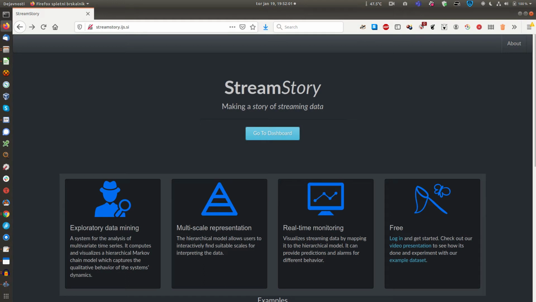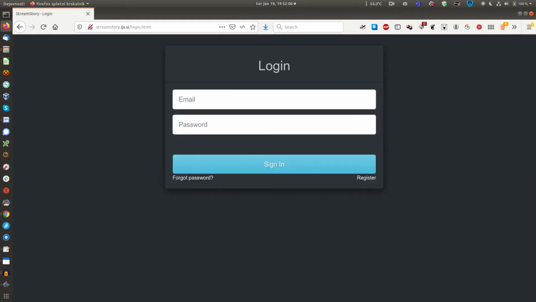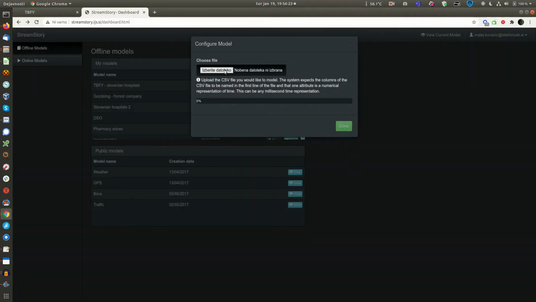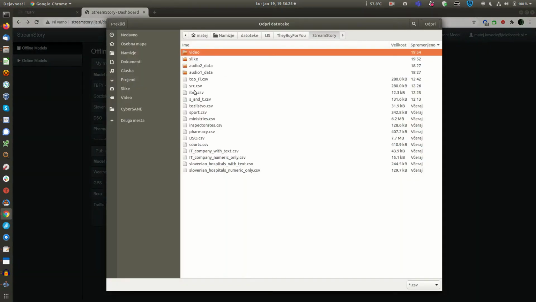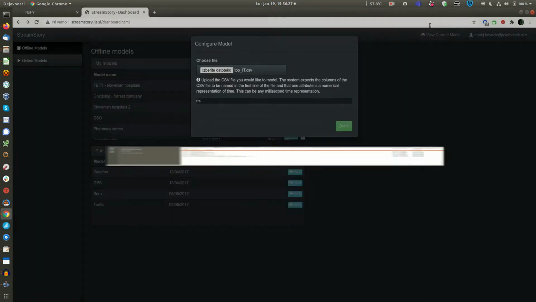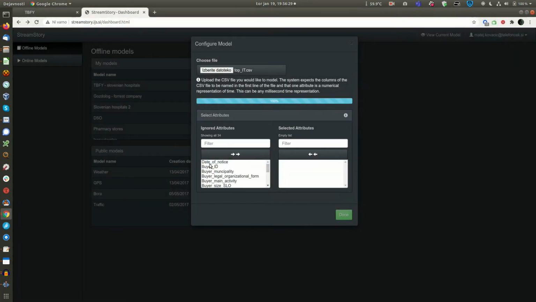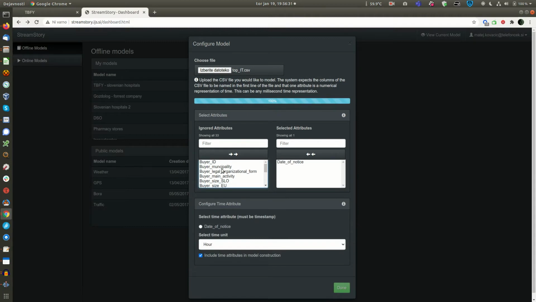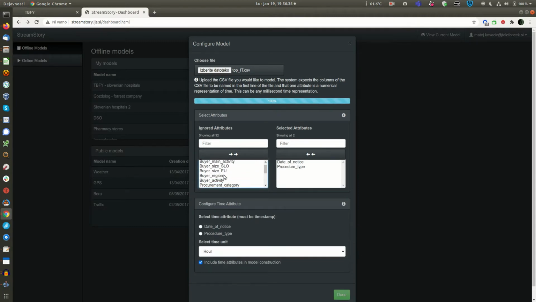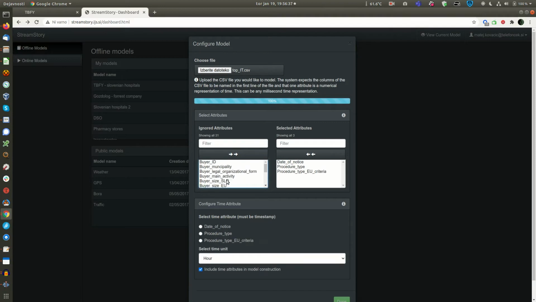First, we need to log in. If we do not have a username and password, we can register for free. When we are logged in, we can add a model. First, we select a CSV file, and when the file is read, we select which attributes we will use in our model. In our example, we will use the date of notice, which is the date of public procurement publishing,